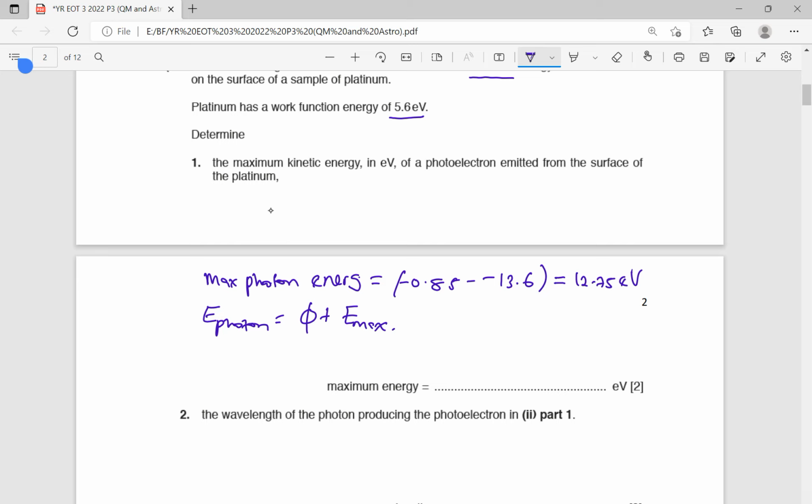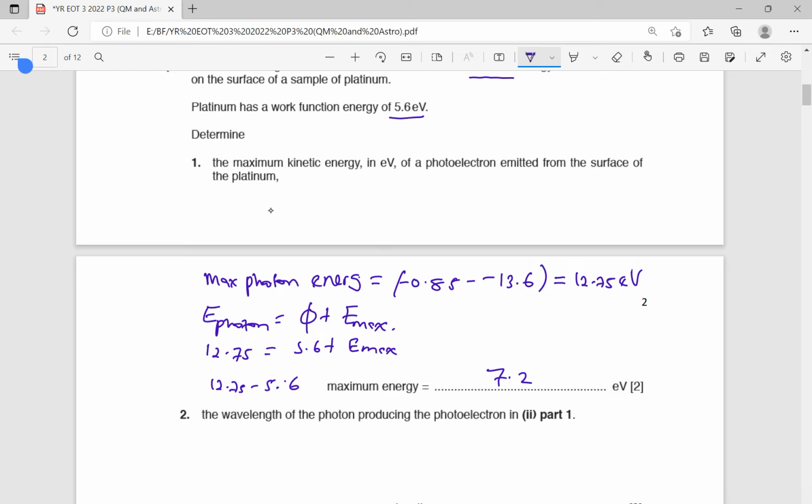So the work function has been given as 5.6, and the maximum photon energy we have obtained as 12.75. So this will be plus Emax. We want to find the maximum kinetic energy, so we simply subtract. We shall have 12.75 minus 5.6. And when you subtract, I think you get 7.2 electron volts. So that is the maximum kinetic energy